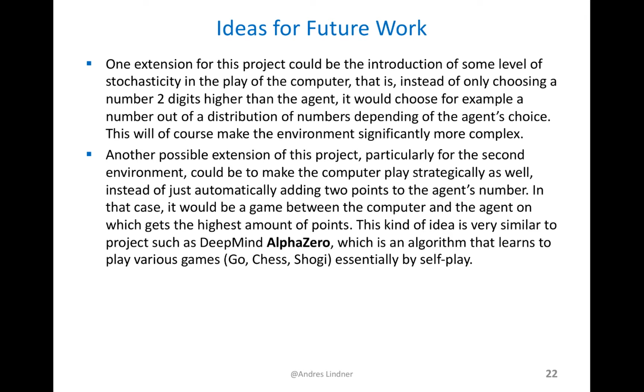This reminds me of the AlphaZero project, a reinforcement learning engine which eventually learned to play games such as Go, chess, and shogi, mainly by self-play. So we could eventually make this algorithm play against itself and learn from it, instead of making one of the parts do a very simple behavior, as I explained before. So I hope you like it, and this is